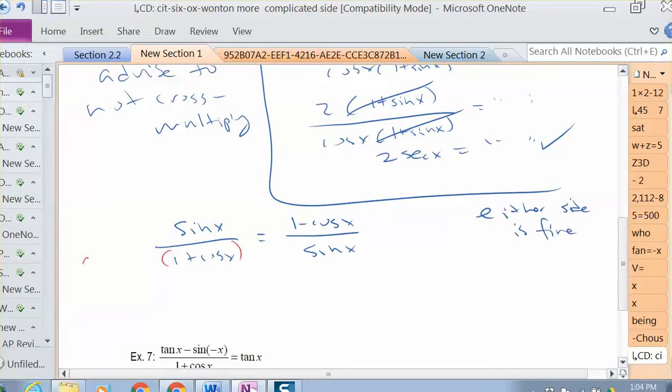So here's the little trick I'm going to do. I'm going to work on the left side. You could work on the right side also. But I'm going to multiply top and bottom by 1 minus cos x. The reason why is that there's 1 minus cos x on the other side, so I need to make the left side look like the right side. And if I do that,